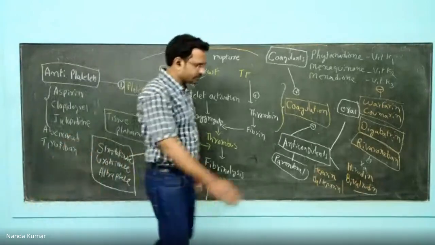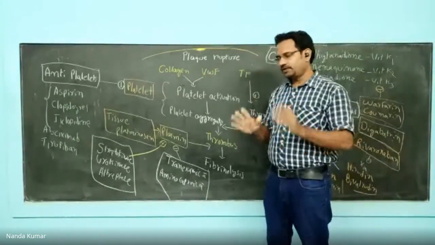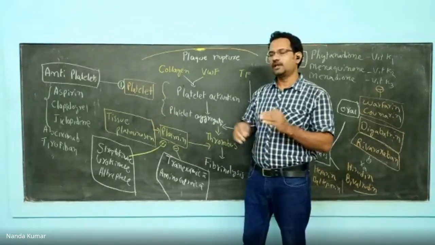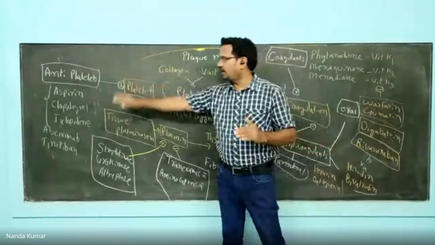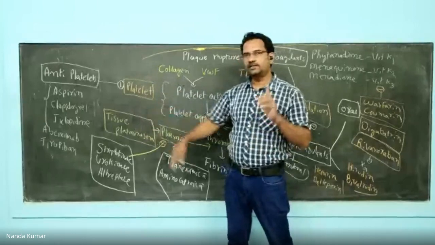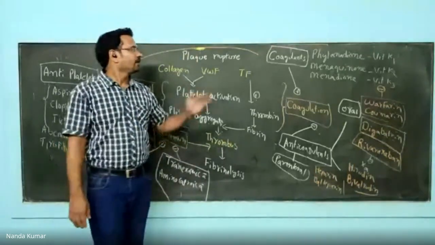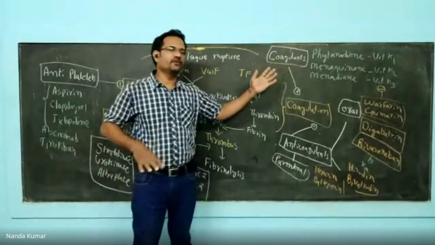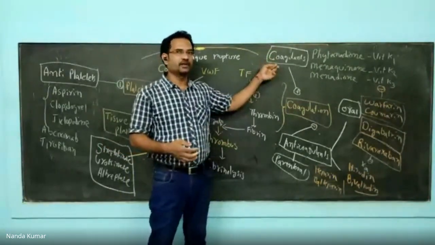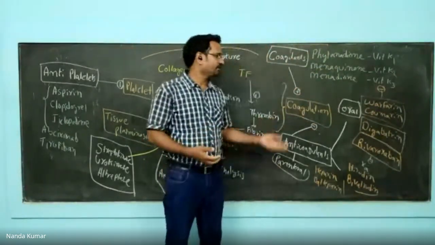Now, when you see the therapeutic uses of all these drugs, we have seen already angina pectoris. Unstable angina is because of platelet aggregation. To treat that angina pectoris, cardiovascular patients are suggested antiplatelet drugs, either aspirin, clopidogrel, or diclofenac. So antiplatelets, one of the major uses is to treat unstable angina. Coagulants: there is a disease called hemophilia, wherein blood clots will not form. To enhance clot formation, coagulants are there. The job of vitamin K is this. Vitamin K enhances the clotting process.